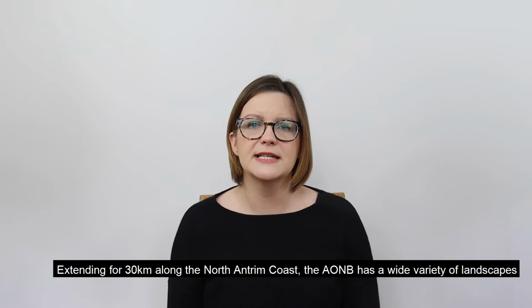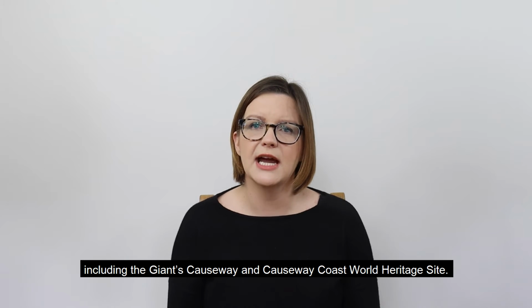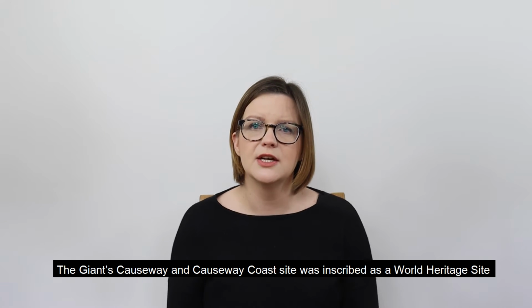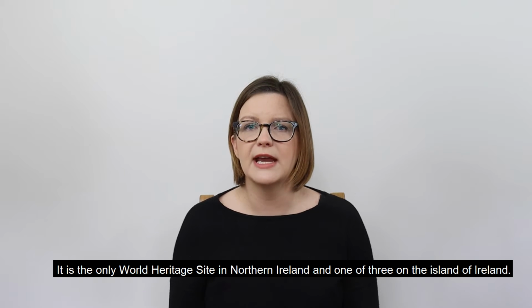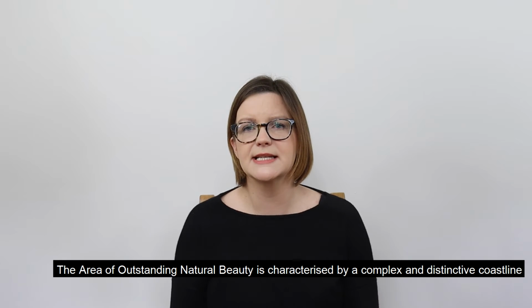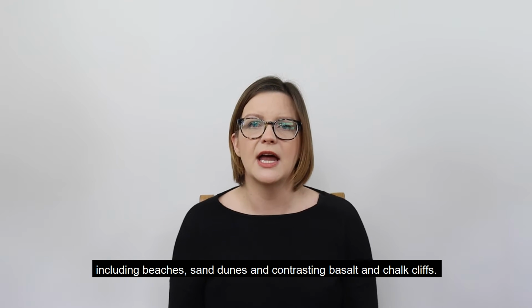The area of outstanding natural beauty has a wide variety of landscapes, including the Giant's Causeway and Causeway Coast World Heritage Site. The Giant's Causeway and Causeway Coast Site was inscribed as a World Heritage Site by UNESCO in 1986. It is the only World Heritage Site in Northern Ireland and one of 3 on the island of Ireland. The area of outstanding natural beauty is characterised by a complex and distinctive coastline, including beaches, sand dunes, and contrasting